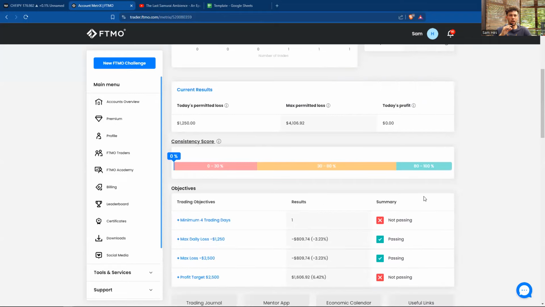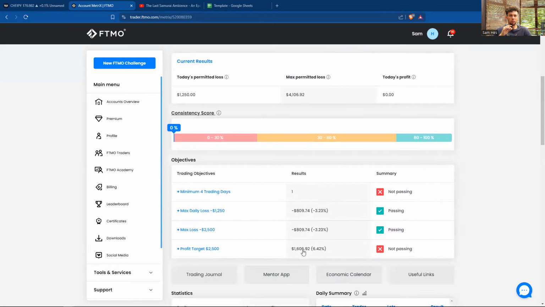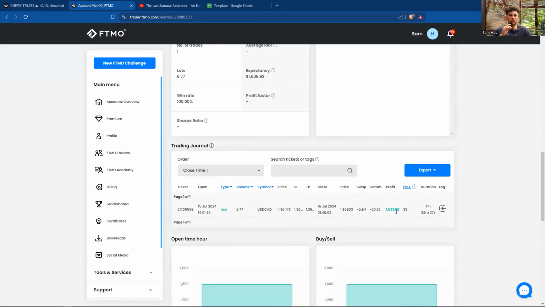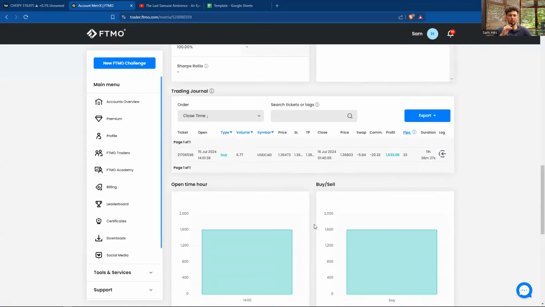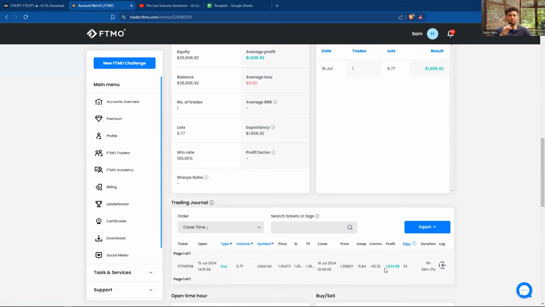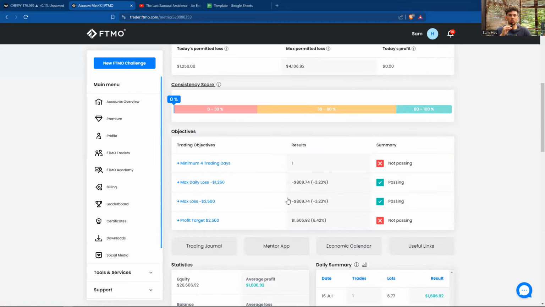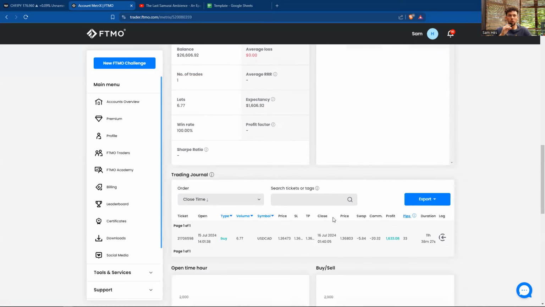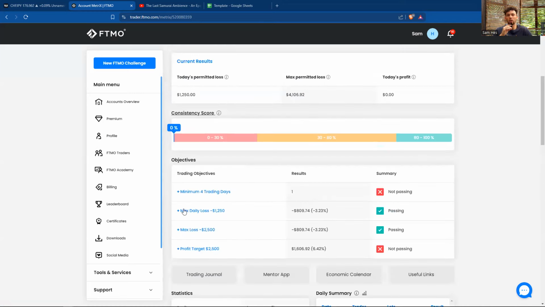So far I took one trade and it was a winner, and we are so far up 1,600 and we need to get to 2,500. So that's it. We took a long on USD CAD. Unfortunately, I closed the trade at the end of the day because being in a long and being up in profit, it has its daily loss limits. So if you were in profit on a trade and then it does go and hit the stop loss, I would have failed on the daily loss limit. So I had to play it safe, because unfortunately in the end it would have gone on to be a winner and I would have passed the whole thing in one trade with a $2,500 winner.